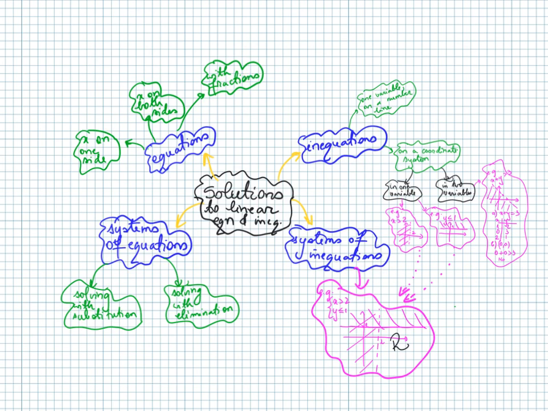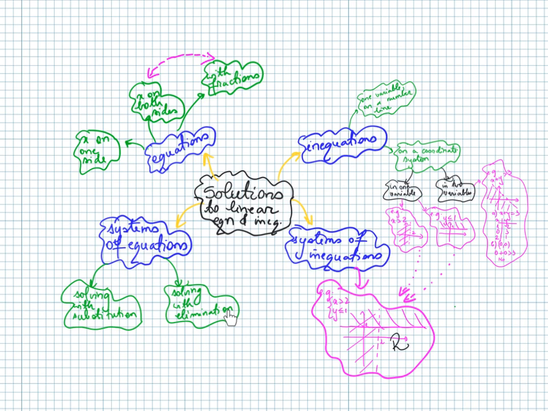Then I can give some examples and look at the connections between them. Like, for example, equations with fractions can have x on both sides or not have x on both sides. So later on I will add more detail to my diagram. When we group equations, we form systems of equations, and we learn how to solve these using two methods, substitution